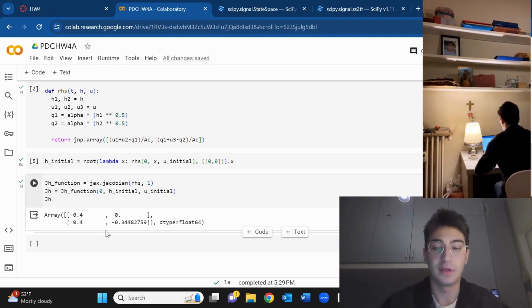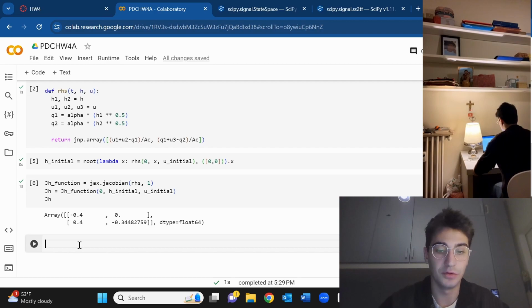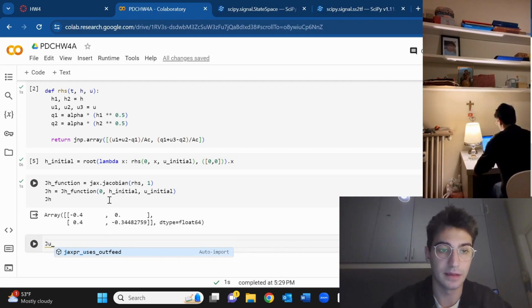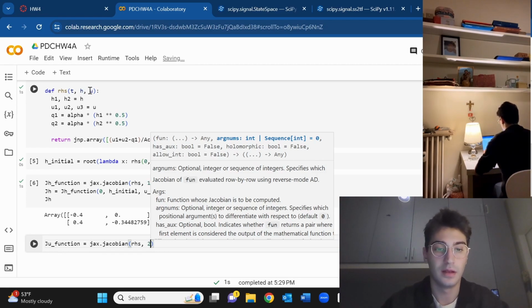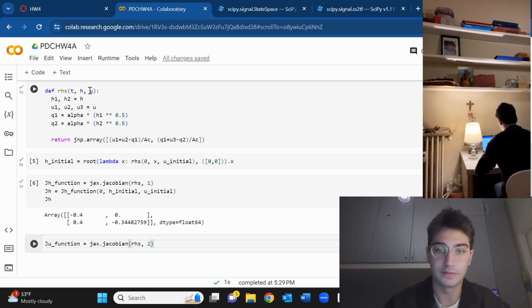Now we got to do the same thing with respect to u, right? So pretty much the exact same thing. Call it a function again, and we're using Jacobian. And again, the right-hand side equation. However, we're determining u, and u is now the second index, index of 2. And then again, ju is equal to the function,